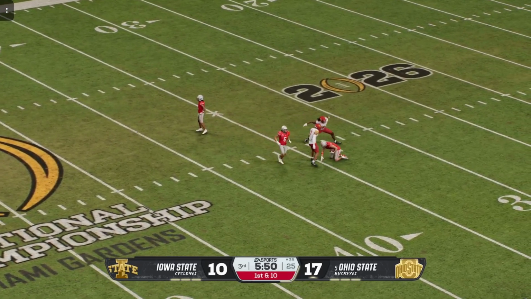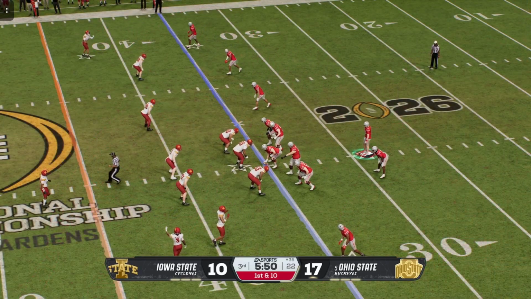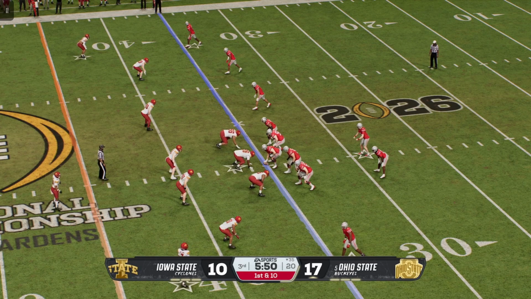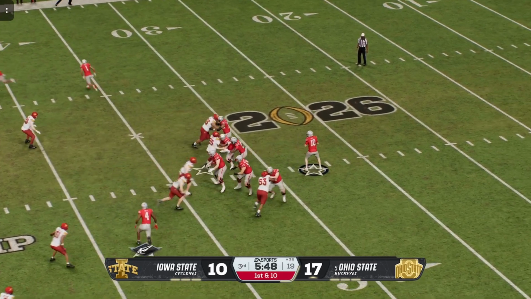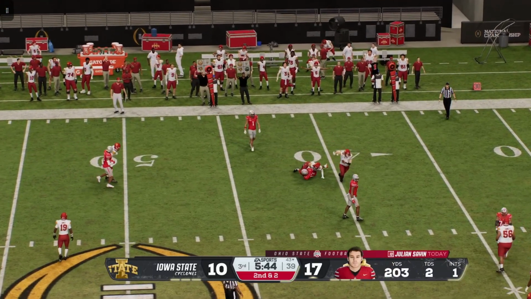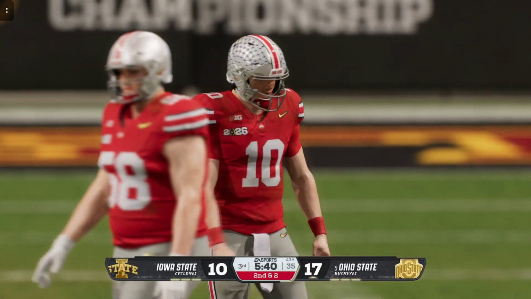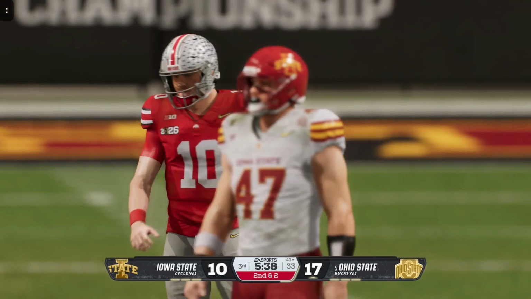And the returner brought down by the coverage team. Here comes the powerful Ohio State offense onto the field. They scored a touchdown in their last possession. Let's see if this defense can make adjustments and prevent that this time. That's caught. It's Tate. They make the tackle, but not before a solid gain on that pass.